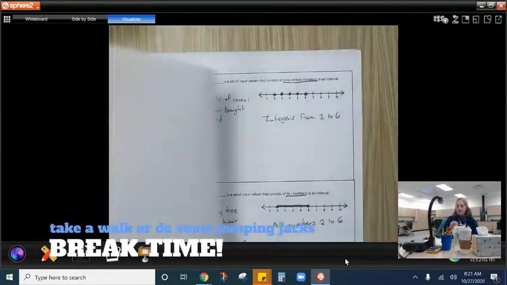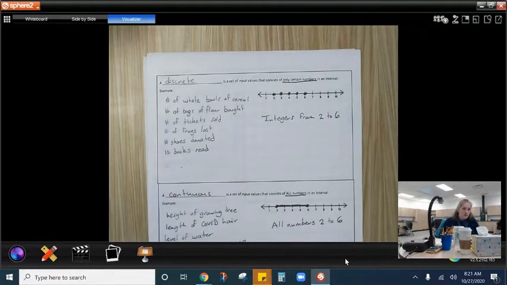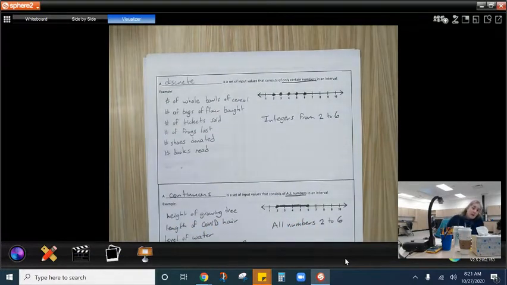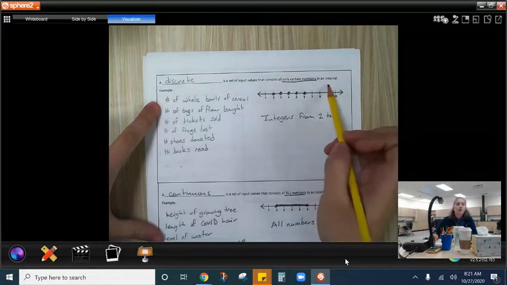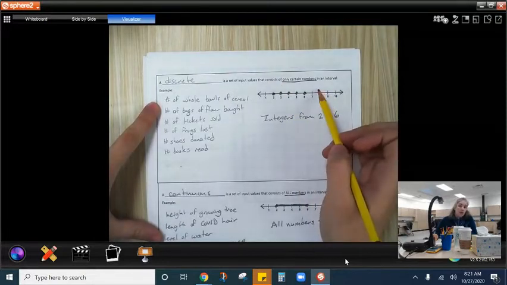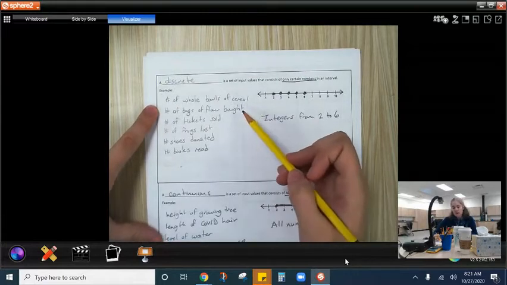All right, the next thing we want to talk about is things that are discrete and continuous. So it's going back to that domain and range. We have scenarios in life where we can only have whole numbers of things, right? Where only certain numbers will work. So, for example, the number of whole bowls of cereal that you've eaten,